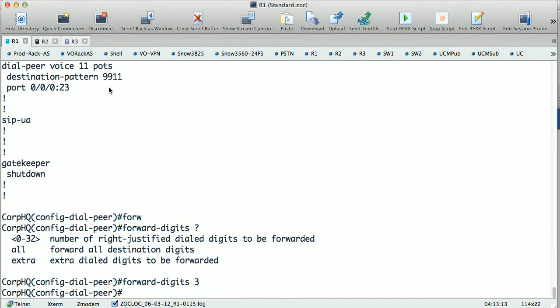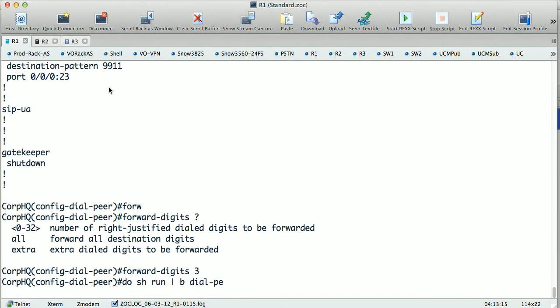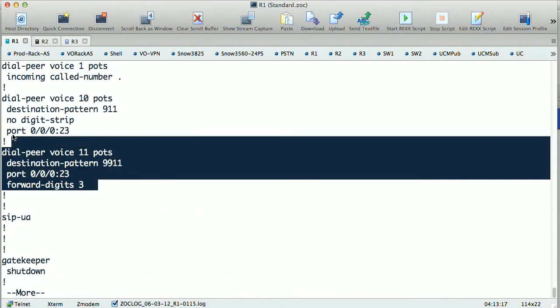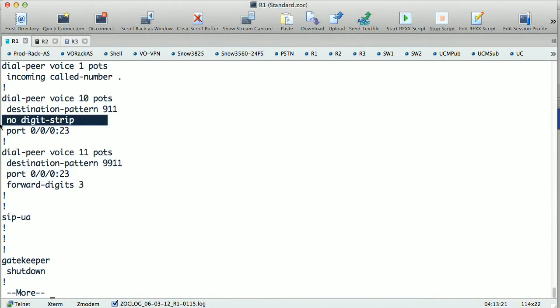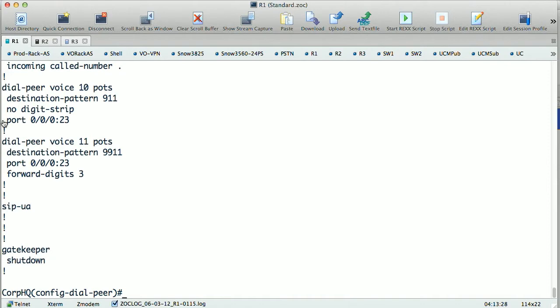So if I do forward digits 3, then I look at my dial peers, I see that I'm doing things 2 different ways. I could have used forward digits 3 here as well. I just wanted to show the no digit strip a different way to do it. So now, if we dial